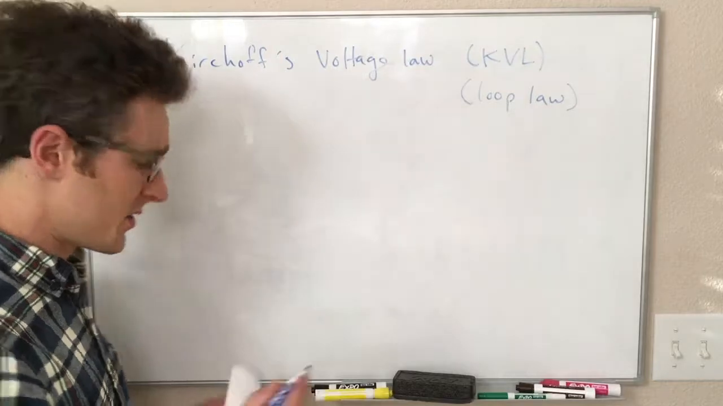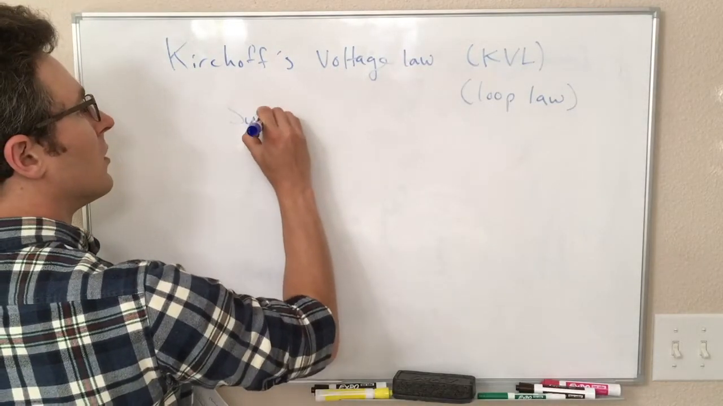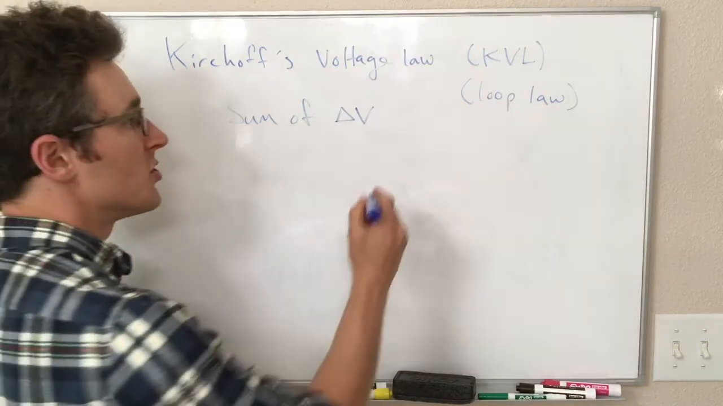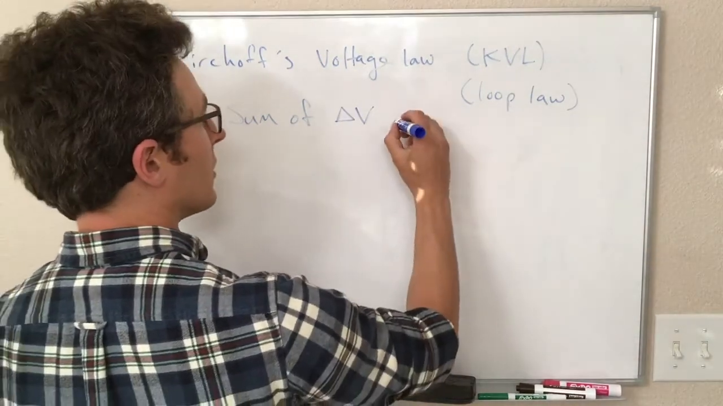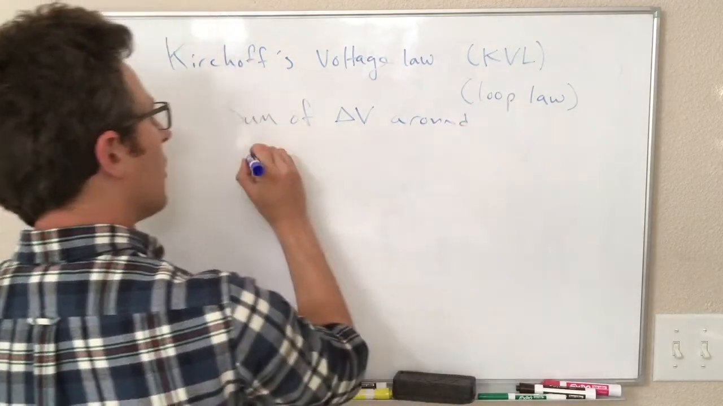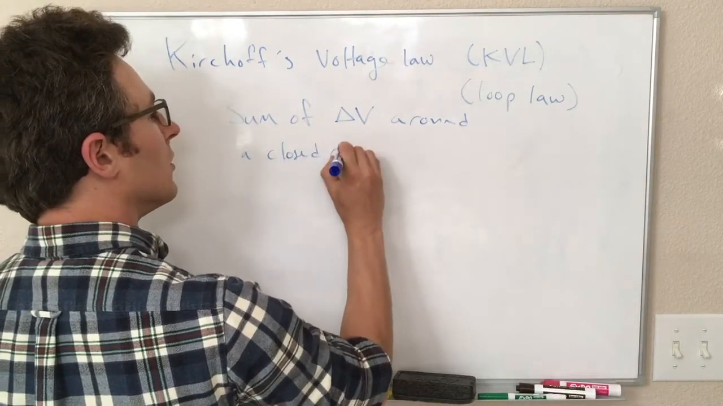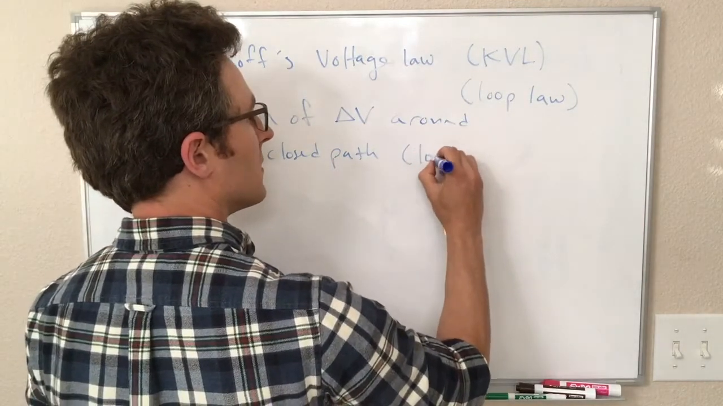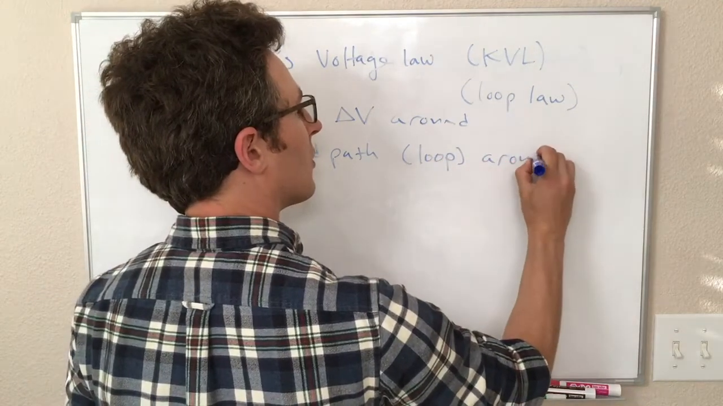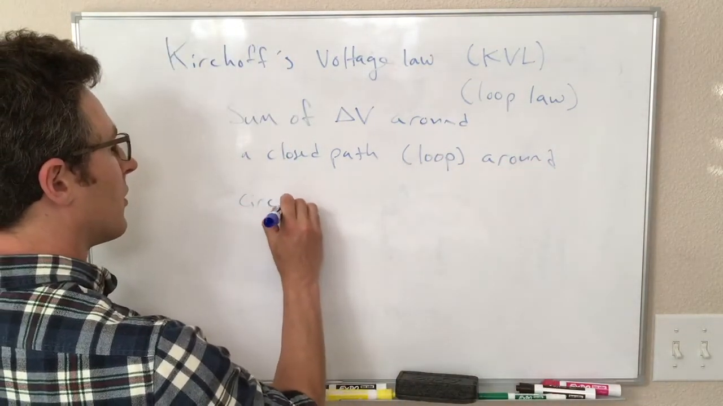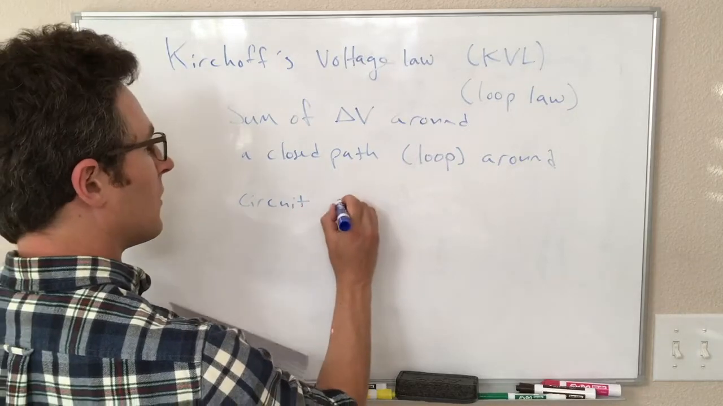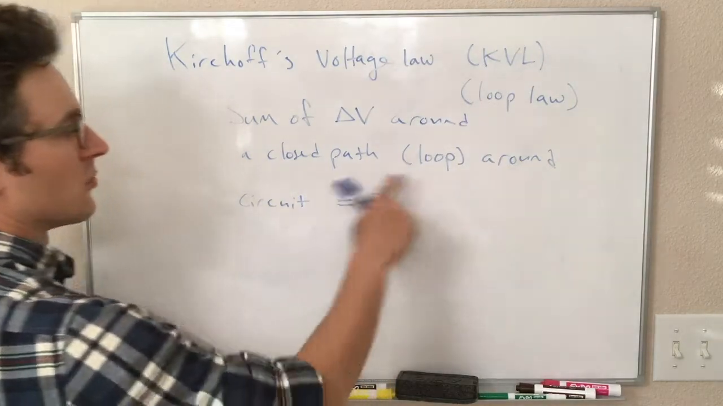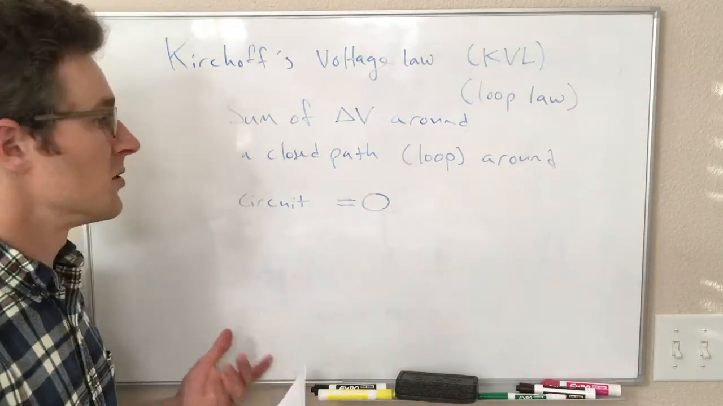Okay, so Kirchhoff's voltage law states that the sum of the delta V's, the sum of the changes in voltages for each component around a closed path, meaning it goes back to where it started, that is, it is a loop around the circuit, equals 0. And this is true no matter what loop you pick, as long as you end up back where